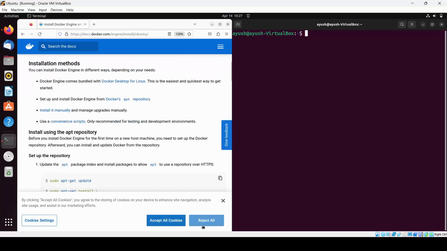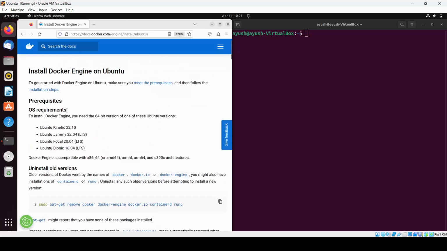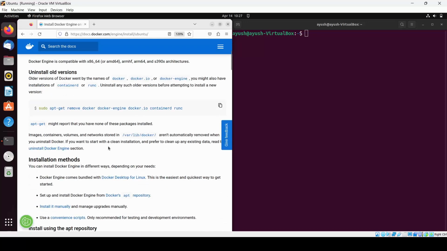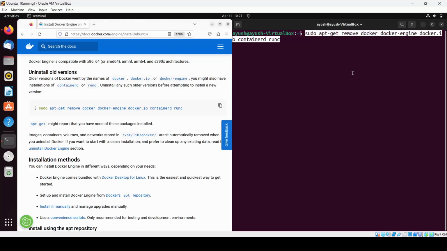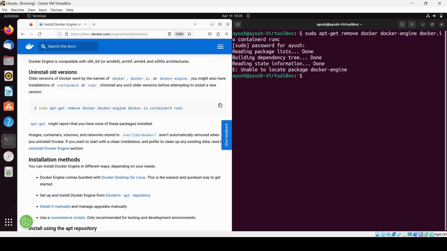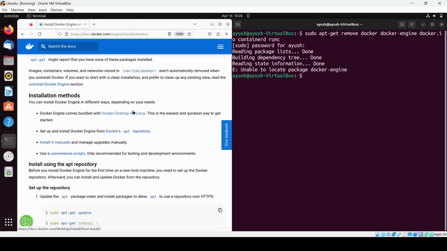Yeah. Now if you will see here installation methods, the prerequisite is that you should have Ubuntu, which we already have, and you will need to uninstall the previous version if you have. So using this command you can just uninstall the previous version. So here you will need to enter your password, and no package is there, so no uninstallation. Okay,